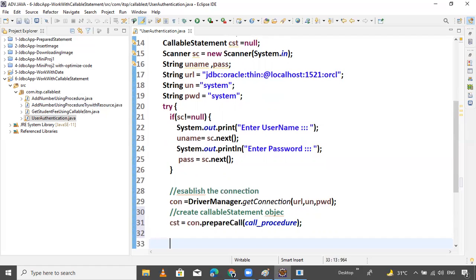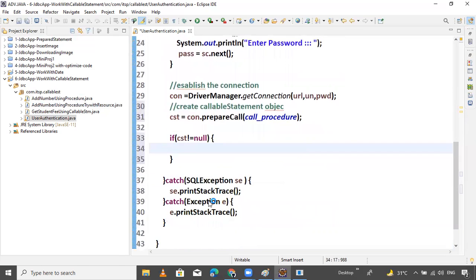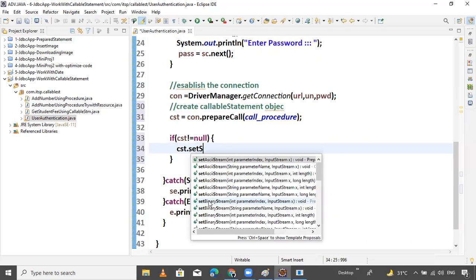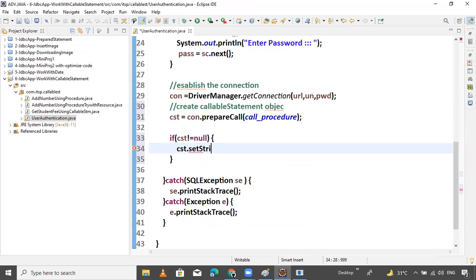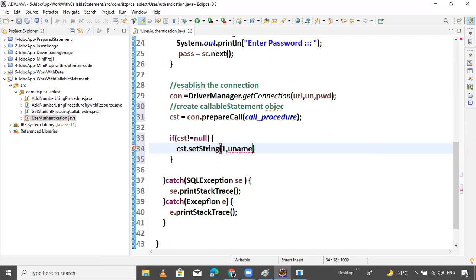So if cst not equals to null, cst dot setString, first is the string, first parameter is username. uname, that's it.